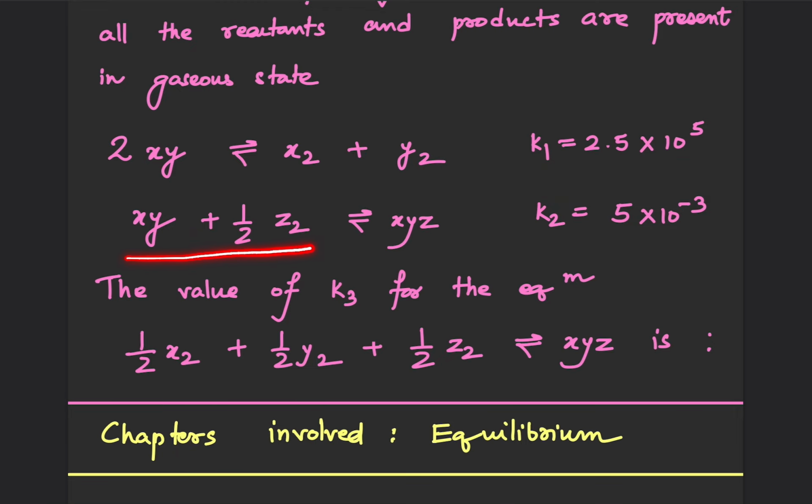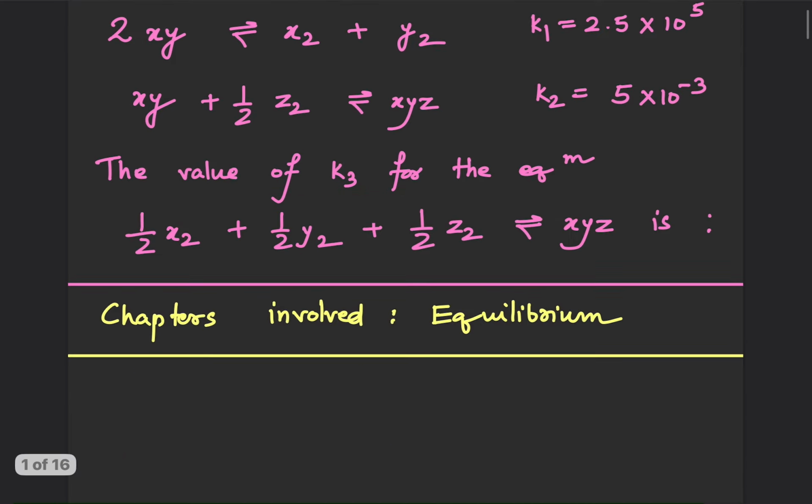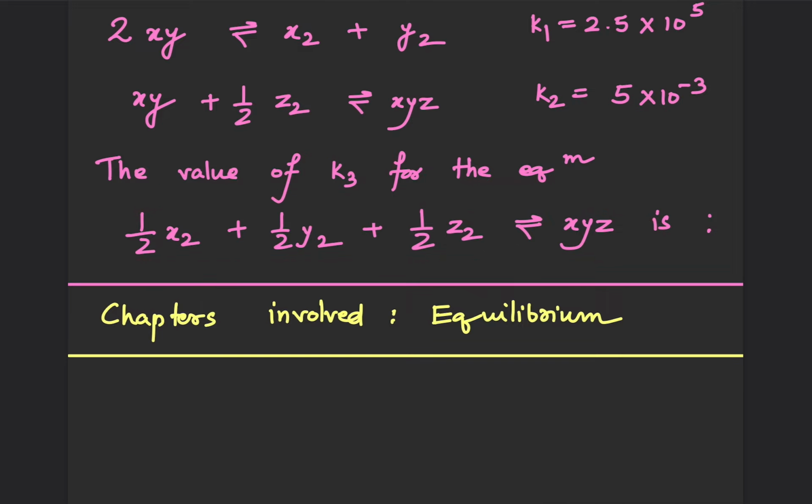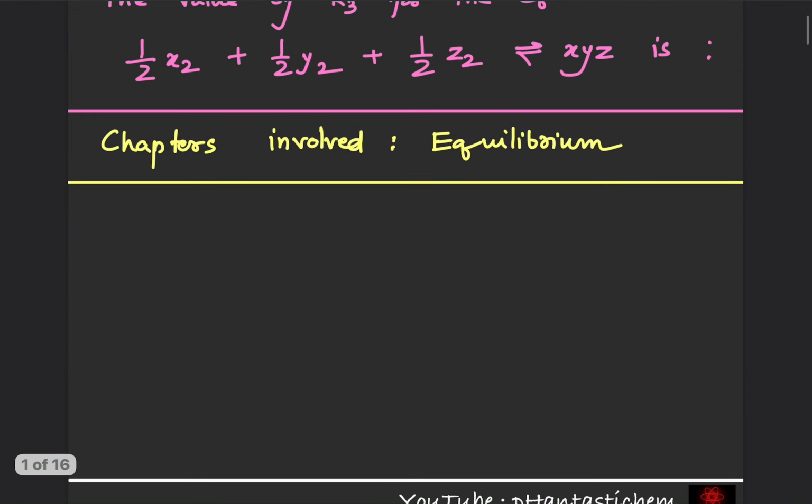XY plus half of Z2 again a reversible reaction forming XYZ, giving us the equilibrium constant as 5 into 10 power minus 3. The value of K3 for the equilibrium is, so this is the reaction for which we are supposed to calculate the equilibrium constant. And the chapter involved is equilibrium, obviously. To solve this question we would have to know a few characteristics of the equilibrium constant. So let us say we have the reaction, for example,